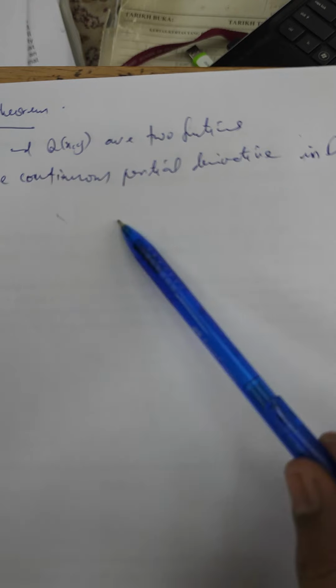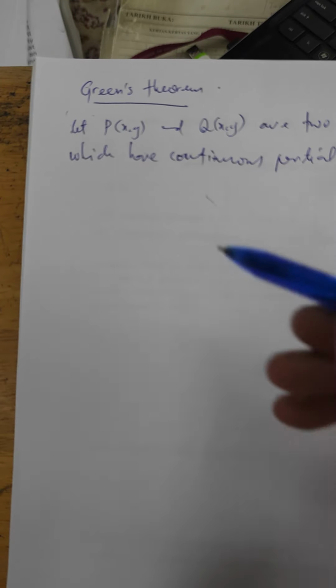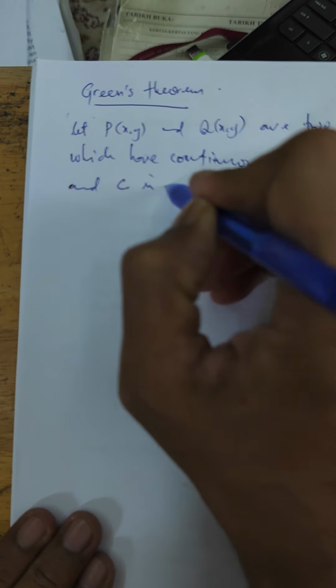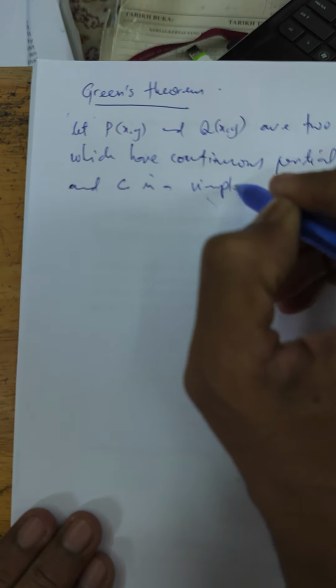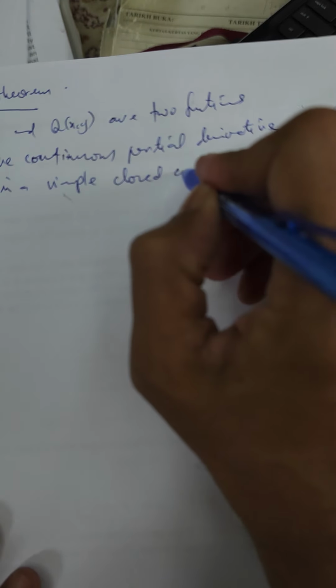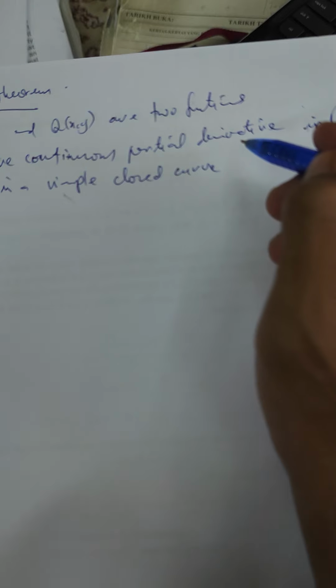So that means they are continuous partial derivatives in D. And C is a simple closed curve. I have defined what is a simple closed curve. So completely in D,